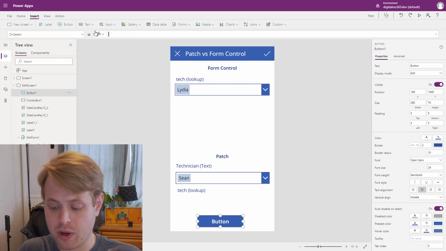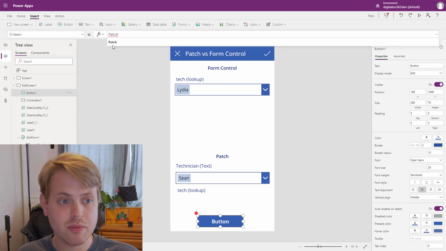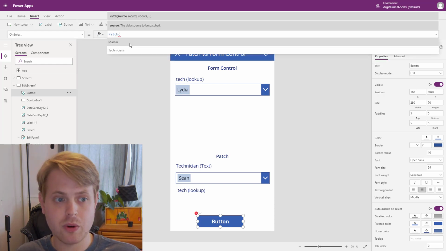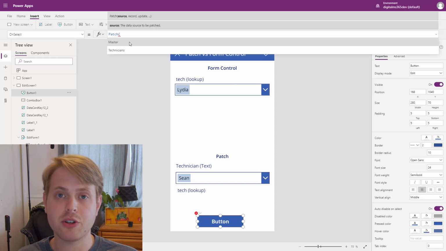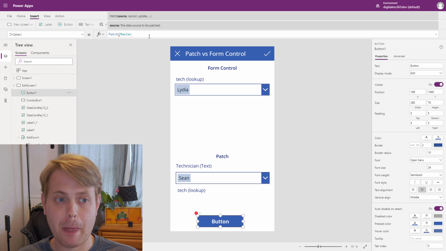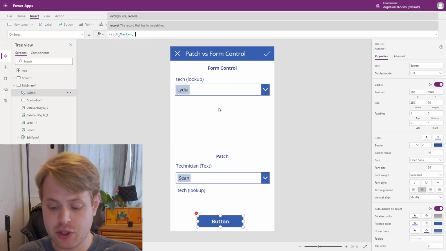On that button, we're going to do patch, and specify what list we're actually going to patch. We're going to patch the master list. We're going to specify a record. Since we already have a record, we can actually use just the gallery